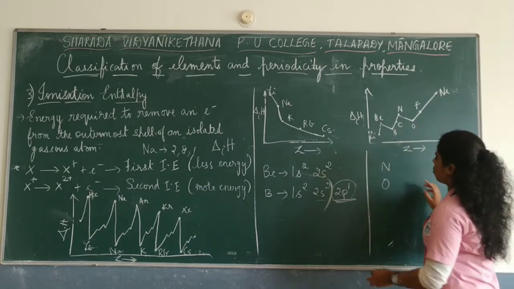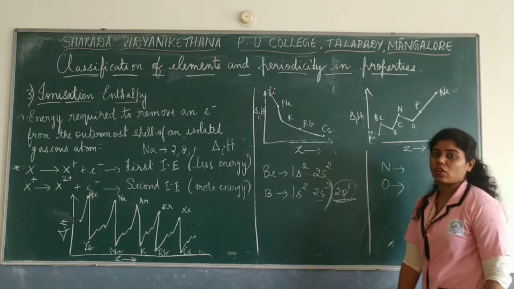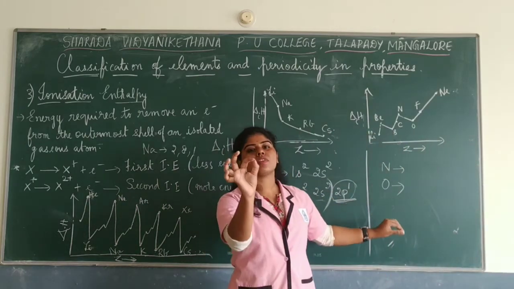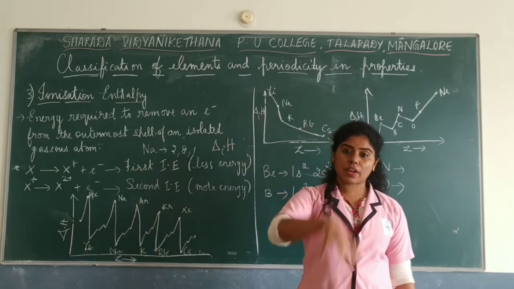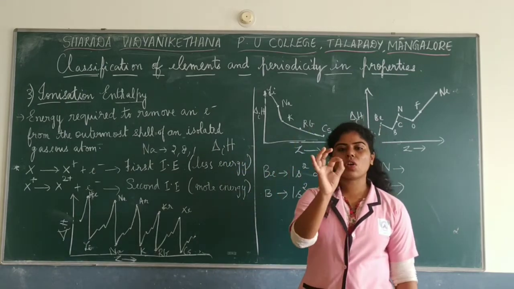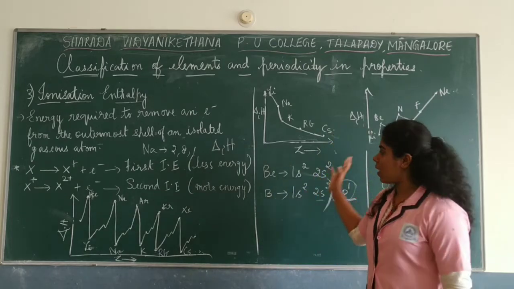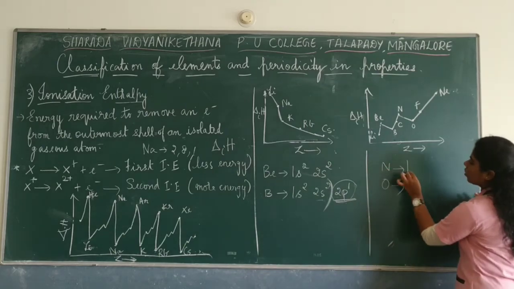Nitrogen has more energy when compared to oxygen. That means, like I said, writing the electronic configuration, now you actually get the actual use of these electronic configurations. You get to know the reactivity, you get to know the trends in the periodic table. So if you know the electronic configuration, it's very easy to understand the concept. That's why I told you to write it down. So nitrogen, if you have to write, how do you write it?